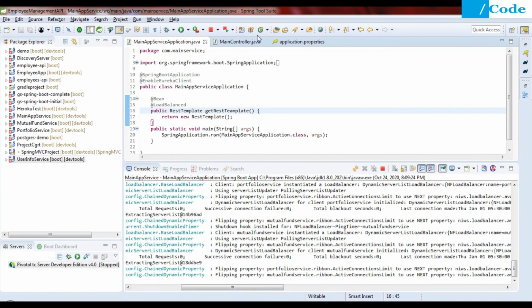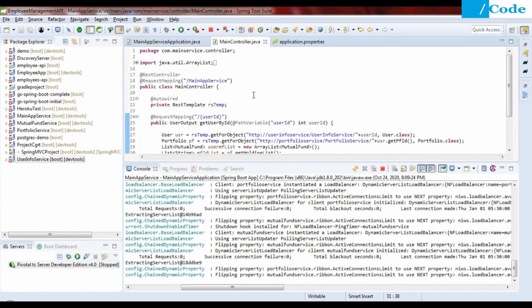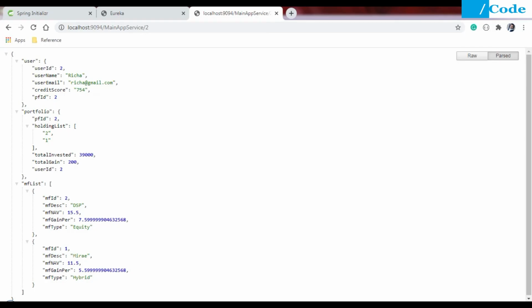So whenever we are hitting the main app service, it is hitting the user info service, and behind the scenes, it is replacing this user info service application name with the IP of the service, and we are getting the output. So this is how it works with Eureka.